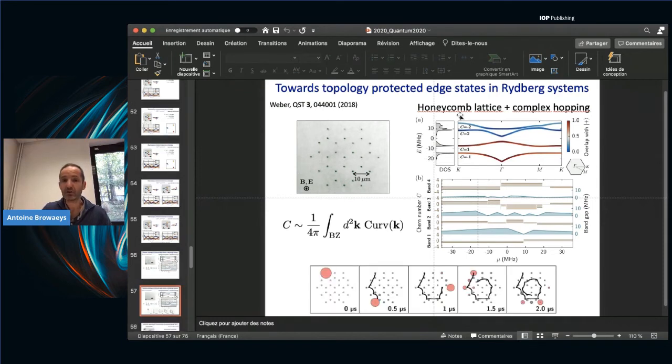With that, they've even calculated what you should expect if you place one excitation, a minus excitation, on the edge. What you should observe is the equivalent of an edge state, where the excitation hops right on the edge without entering the bulk, unless at long times. This is what we expect in the experiment, and that's what we would like to implement, and which we have not done yet. So this is for future work.